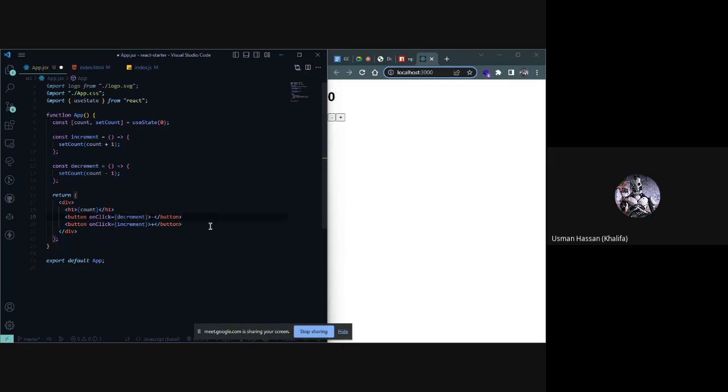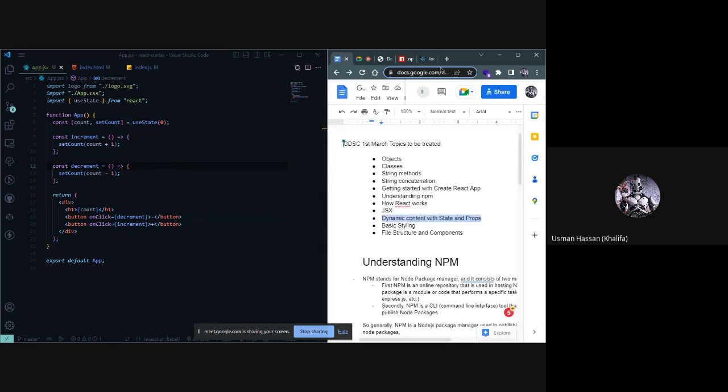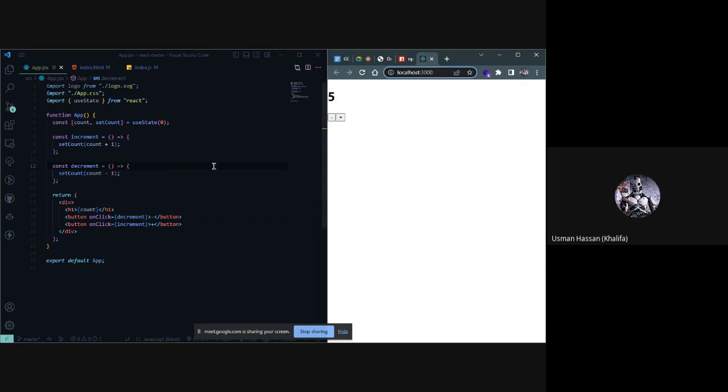And let's see this. Now here's where the magic happens. Anytime we click on plus, as you can see, it's increased by 1. I click on plus again, it always increases by 1. And if you click on minus, it's decreased by 1. So this is called dynamic values, dynamic content with states and props. We have created dynamic content here based on the value. So let's